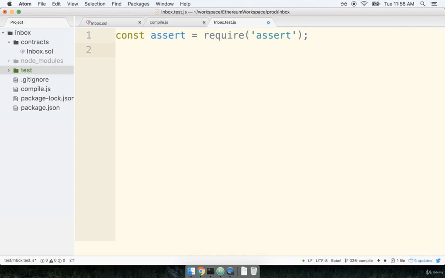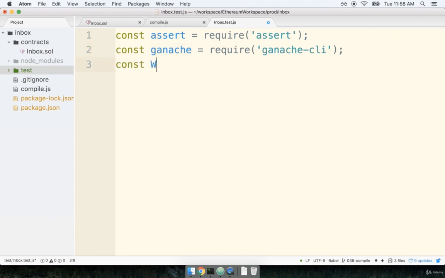The next thing we're going to require in is Ganache, or more specifically, the Ganache CLI. So we'll say const ganache is require ganache-cli, like so. Again, this is going to serve as our local Ethereum test network. As soon as we start to actually make use of this thing, I think you'll have a better sense of what it's doing for us. So let's just kind of hold on to that for now. And then finally, we're also going to require in Web3,